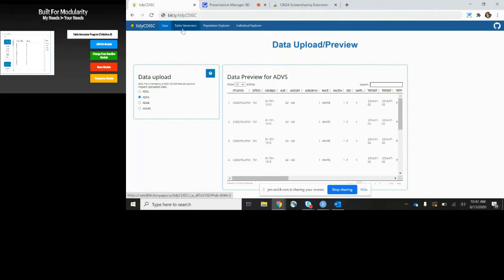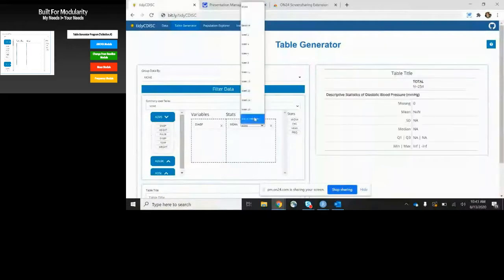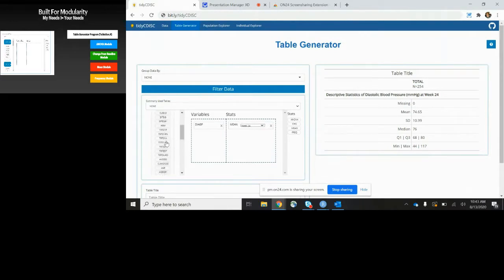So first, blocks that you can, for instance, we can take diastolic blood pressure for the ADVS file and pair it with the mean block, and we can calculate some basic summary statistics in real time for the diastolic blood pressure. Now, these blocks were made to, we like to use the analogy of Legos a lot, so you can just build on this table. So we can stack our blocks, and I can do something like grab, let's say, race from ADSL,